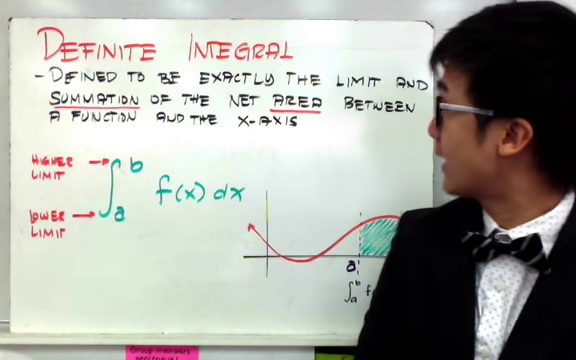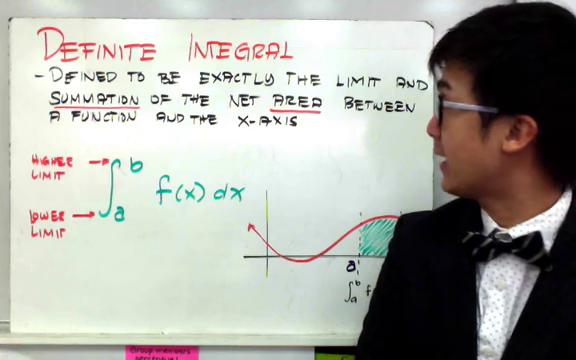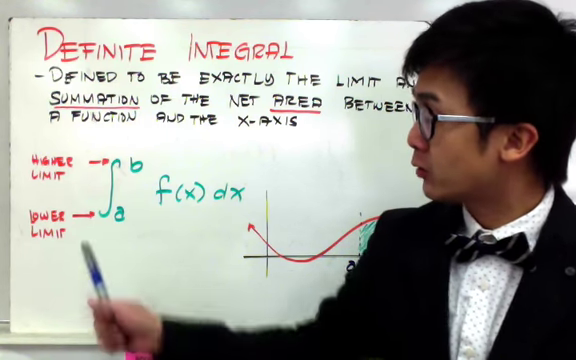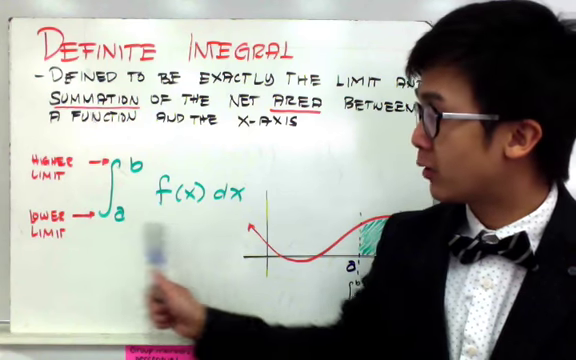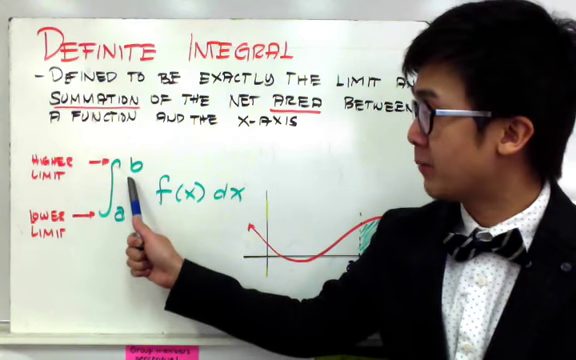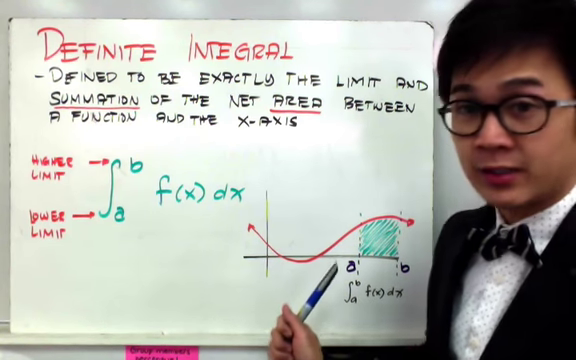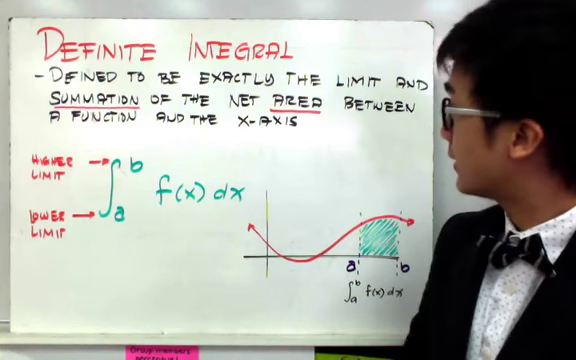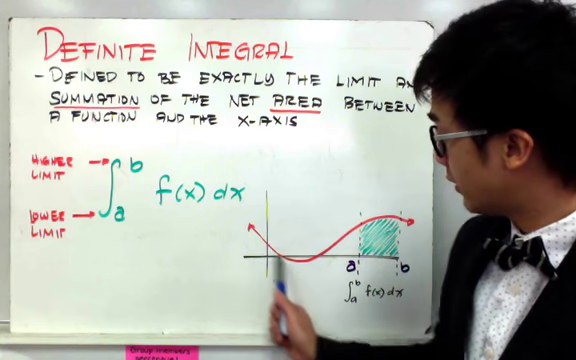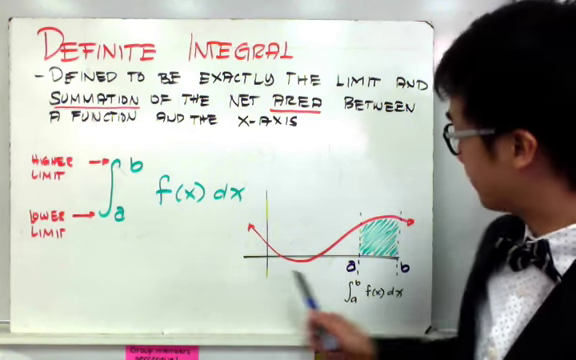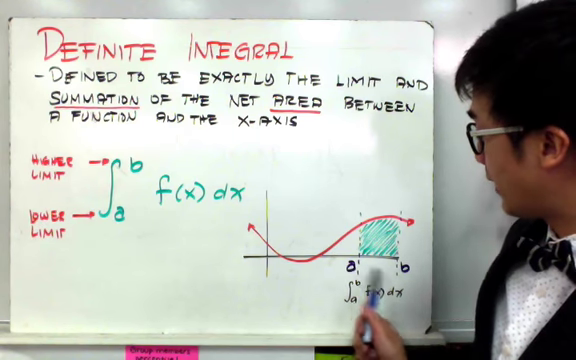defined to be exactly the limit and summation of the net area between a function and the x-axis. Ito yung notation ng definite integral wherein meron kayong lower limit at saka higher limit for f of x dx. Now, ito ang illustration ng definite integral wherein meron kayong function. Ito yung graph ng function, at meron kayong interval na given by the limit a and b,